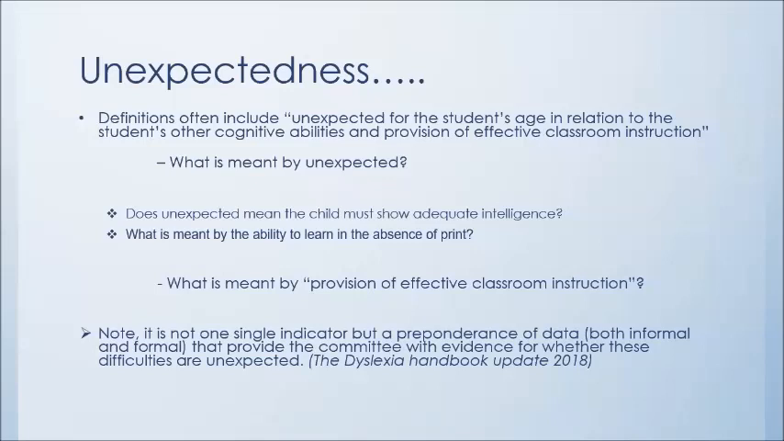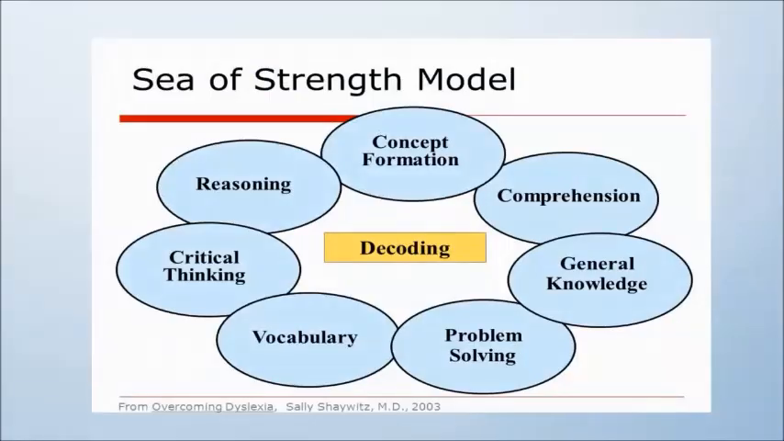In the next slide, I will discuss the strengths model by Sally Shaywitz. The strengths model of dyslexia shown in this image is a conceptual model of dyslexia. This model considers dyslexia to be an encapsulated or circumscribed weakness in decoding surrounded by a range of higher level cognitive strengths. In diagnosing dyslexia, the goal is to identify both the strengths and the weaknesses. And in managing dyslexia, the weakness is remediated and the strengths are